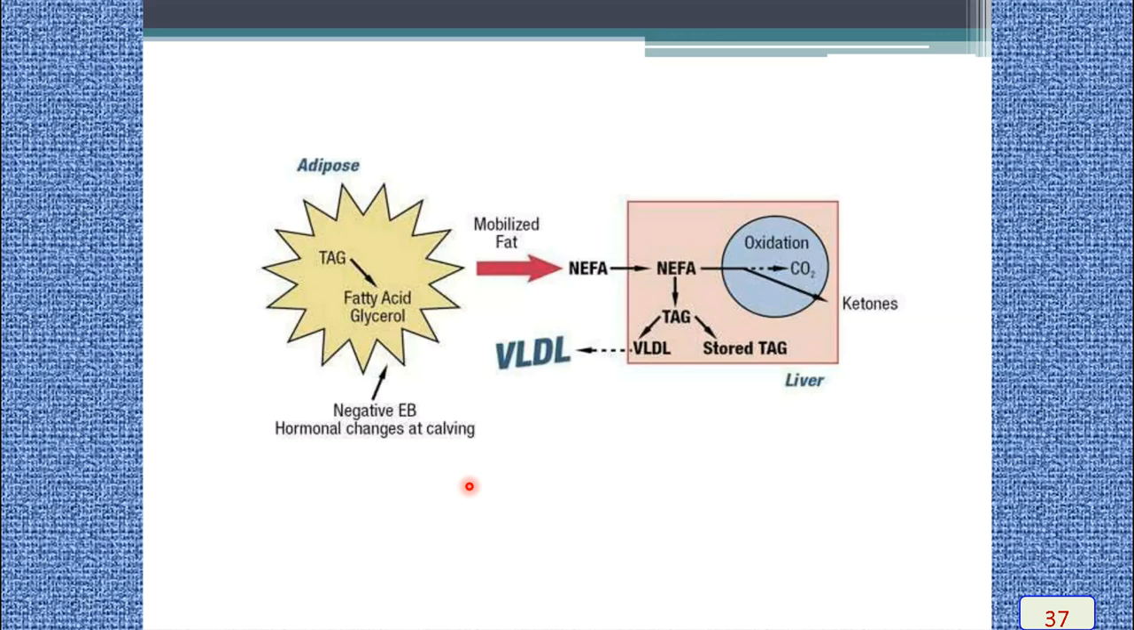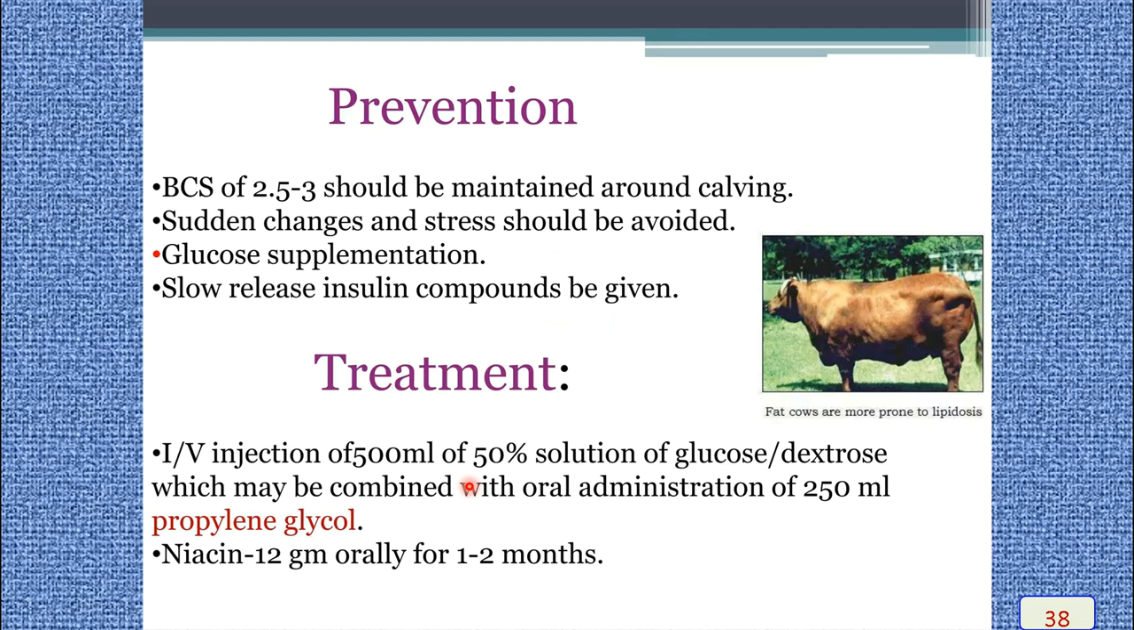So here we can see one needs to give triacylglycerol or glycerin, etc. Then it should be drenched, about 35 to 65 ml. Of course, for prevention, the body condition score of the animal should be maintained at 2.5 to 3 throughout the calving, or else it succumbs to